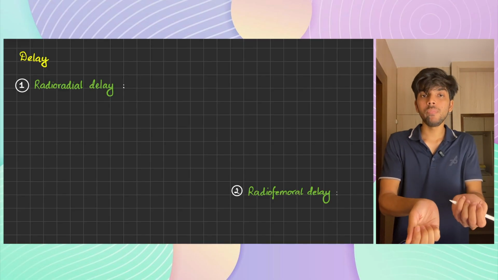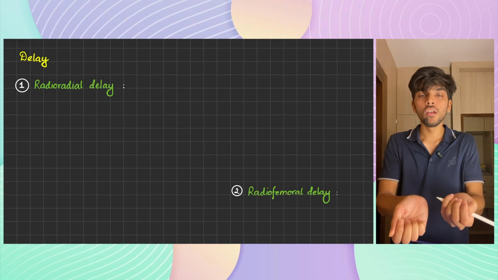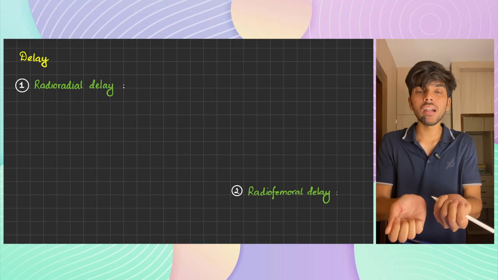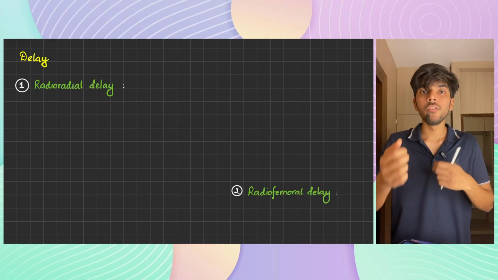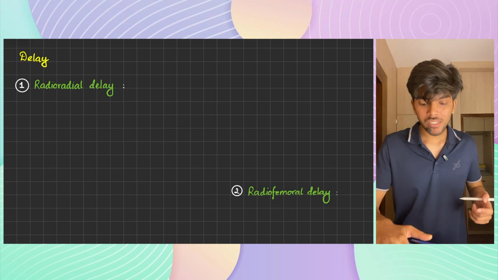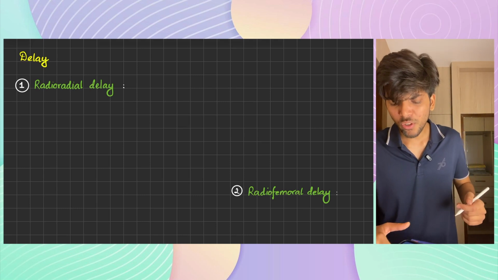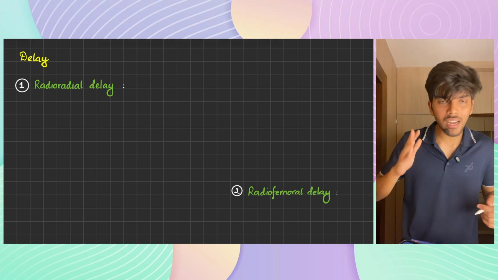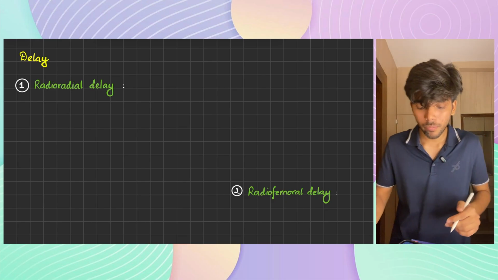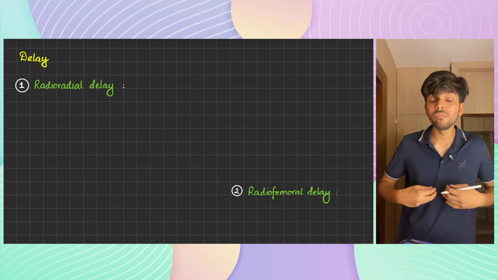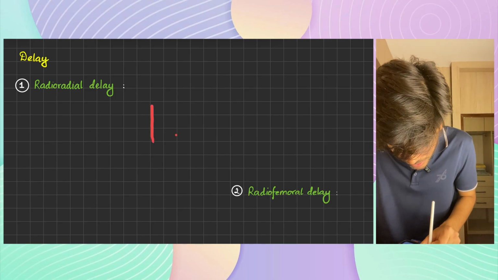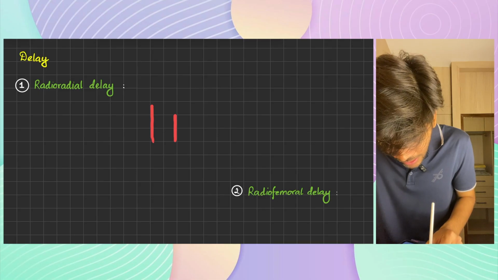The delay can either be between the two radial arteries, or between the radial artery and the femoral artery. If it is between the two radial arteries, we call it radio-radial delay. If it is between the radial and femoral artery, we call it radio-femoral delay. First, let's look at the causes of radio-radial delay. You don't need to mug up, you can use your logic here as well. You need to know the basic anatomy of circulation of blood, where the blood is coming from to supply the upper limb. See, this is the ascending aorta, then the arch of aorta,